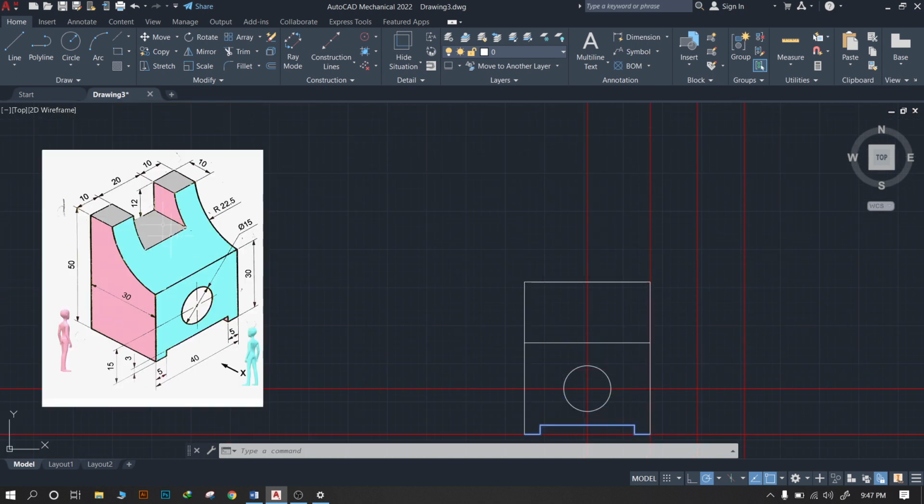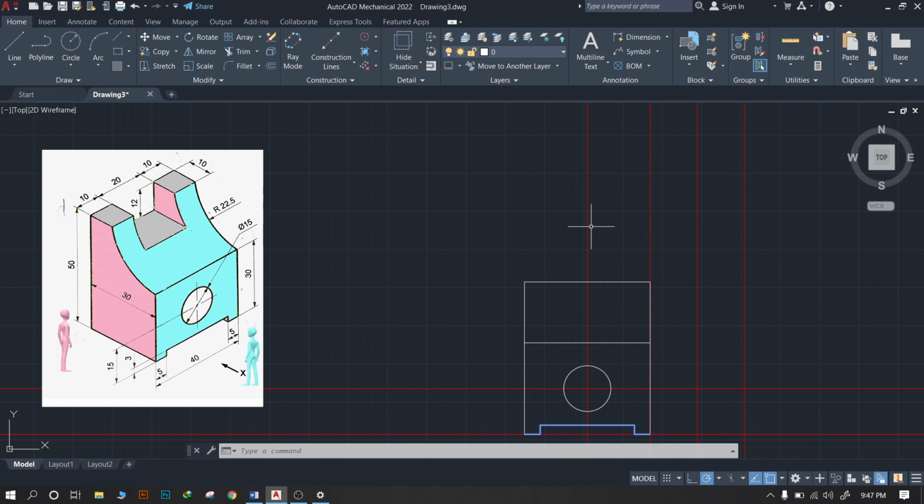Now the next part. As they have given us, there is a slot present on the top side of 12 mm height. Here they mention the 12 mm height and 20 mm in length. So first of all, we already have the center line with us. So we will take 10 mm on the left hand side and 10 mm on the right hand side.